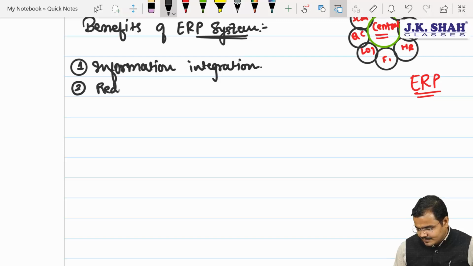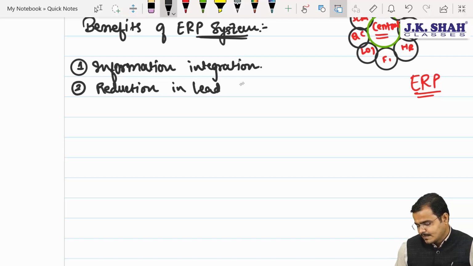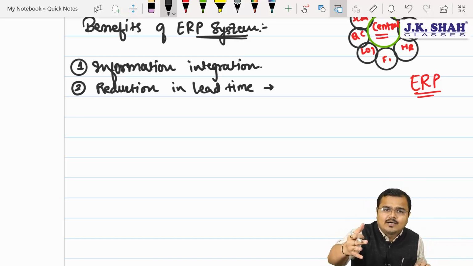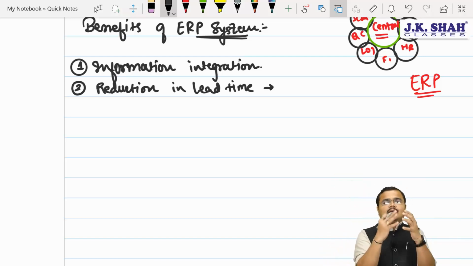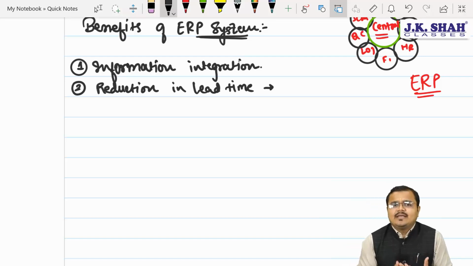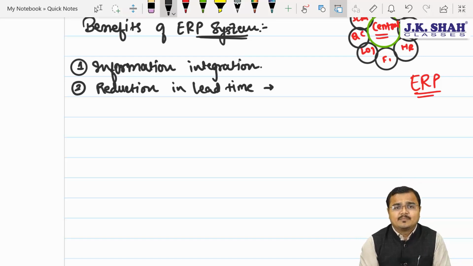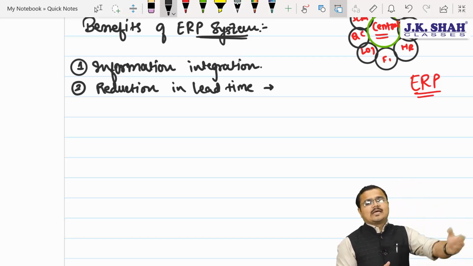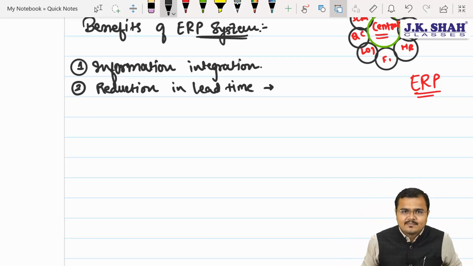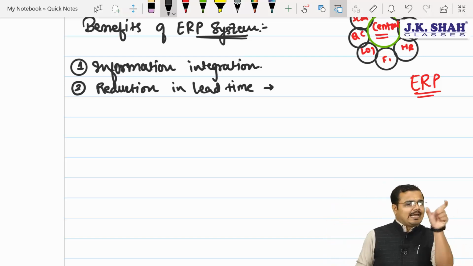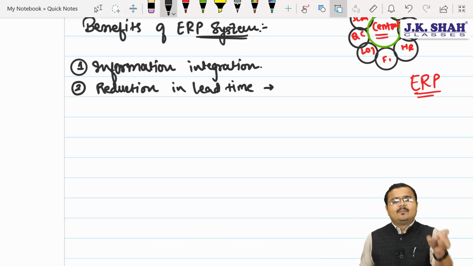Number two benefit of the ERP system is what? Sir, reduction in lead time. Now, Chartered, what do you mean by lead time? Sir, lead time is the time gap between placing the order and receiving it. So if I am a businessman, I need raw material. Or if I am doing a trading business, I require inventory. Today, suppose I place the order with a vendor, Mr. A, and he delivers me the goods after 3 days, Chartered. So the time gap taken, those 3 days, will be called what?